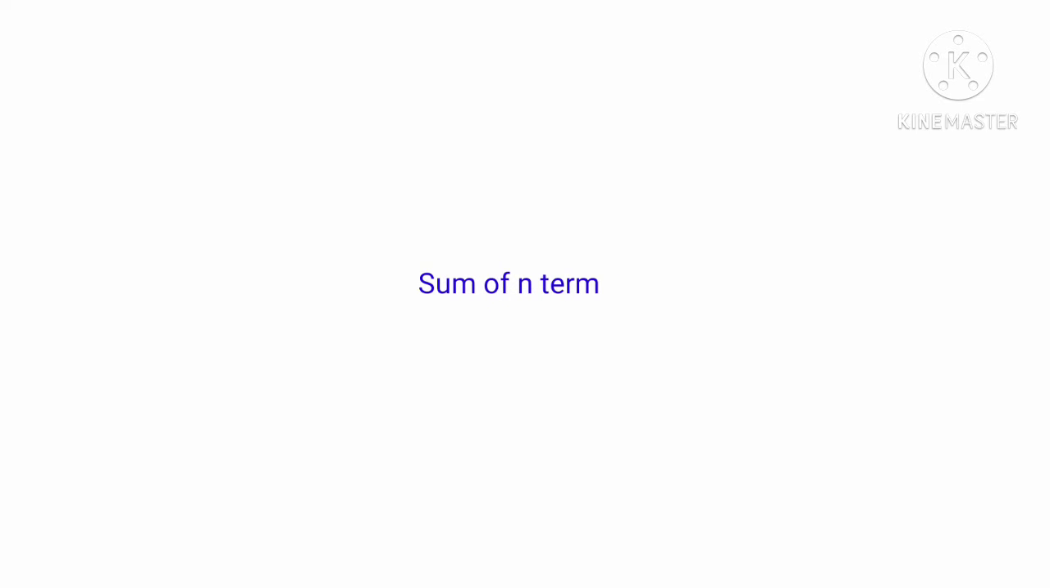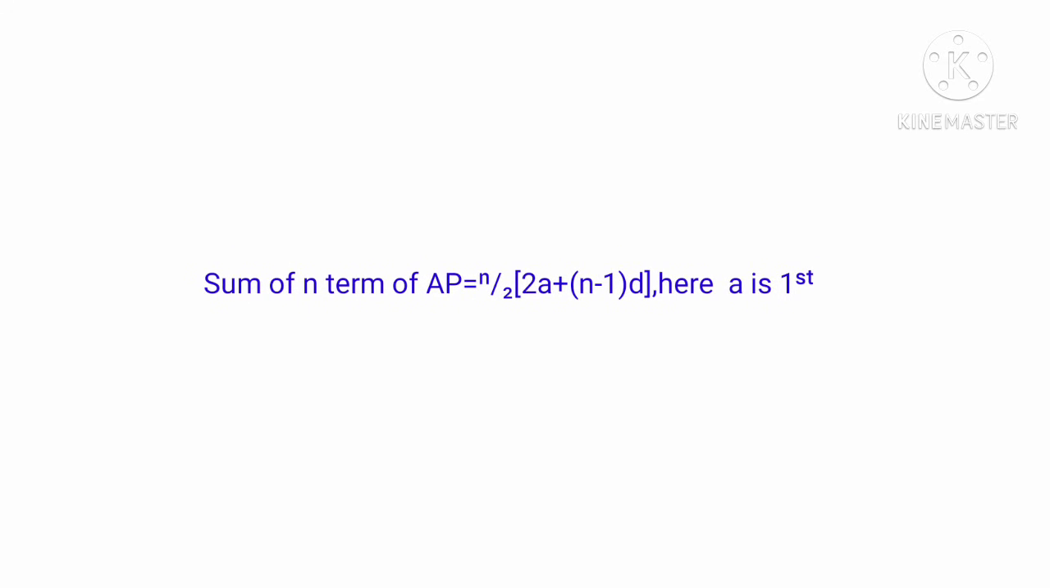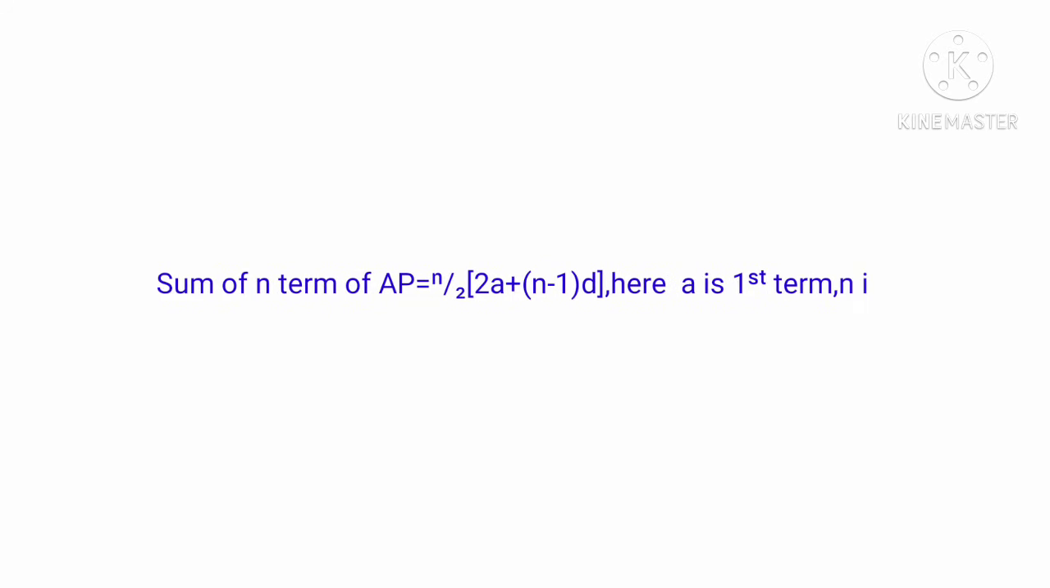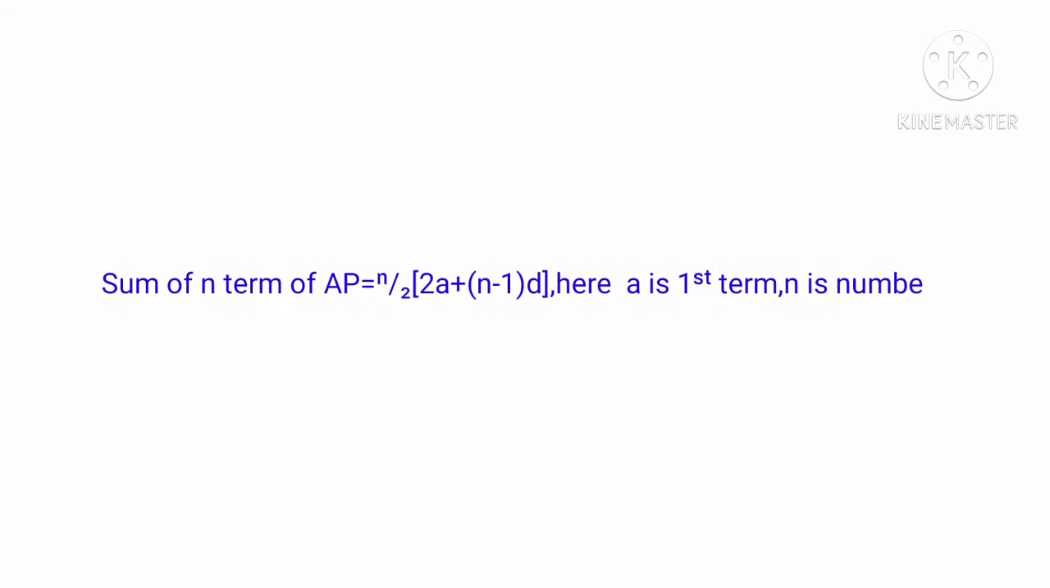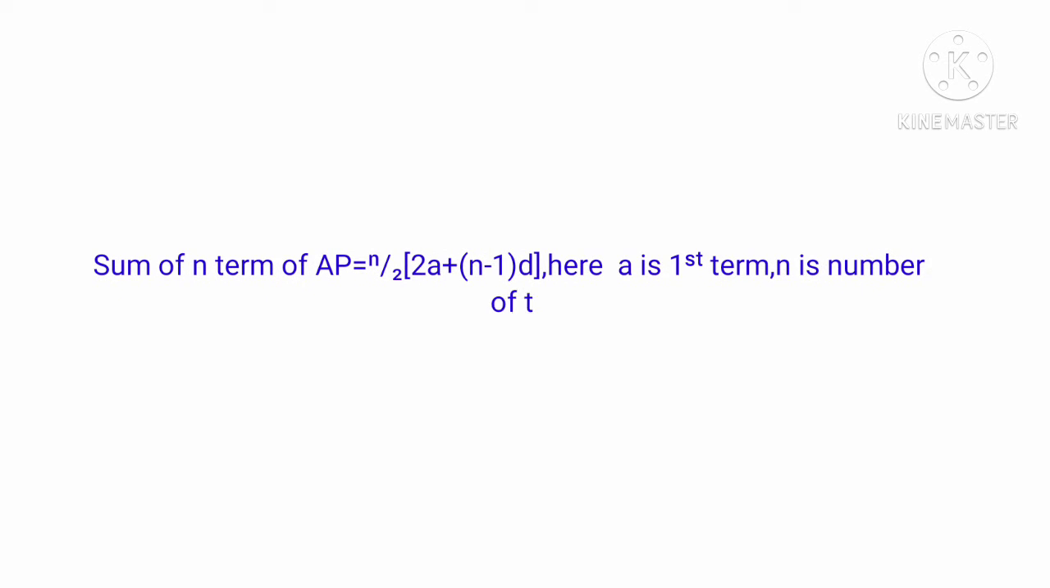Sum of n terms of an AP is equal to n by 2 into (2a plus (n minus 1) into d). So this is a formula. Here a is the first term, d is the common difference, and n is the number of terms. So if we take the first question,